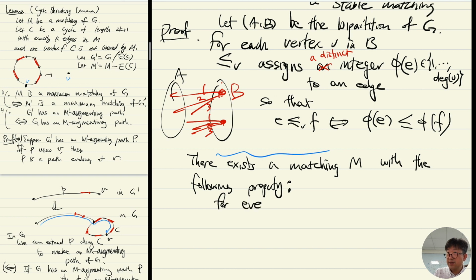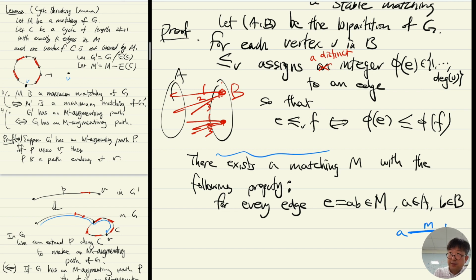For every edge AB in the matching, with A on the A side and B on the B side, if this man likes some other lady better, then this woman has a reason to decline A. So A prefers C to B, then C will think, oh, I don't like A because my current partner is better. So for every edge E in M,